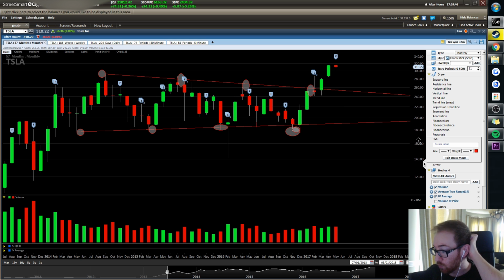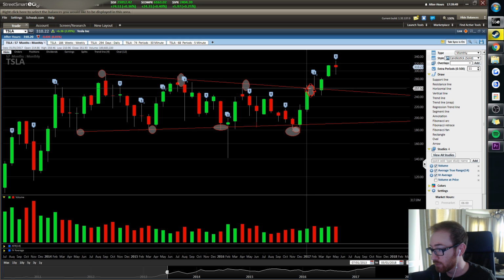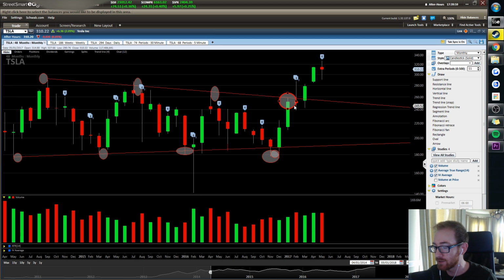So I bought Tesla at 187. Let's move this around. Bought Tesla at 187 down here at the bottom of the range. Sold it too early. I sold it about 285 during this month. And I thought it was a good sell because obviously you got up out of the range and reversed pretty hard on elevated volume. It's a pretty bearish candle, especially on the monthly, but it just kept going. I sold it at 285. It eventually traded all the way up to 327. So a move from 187 to 327 in 6 months that nobody saw coming, while the fundamental story of